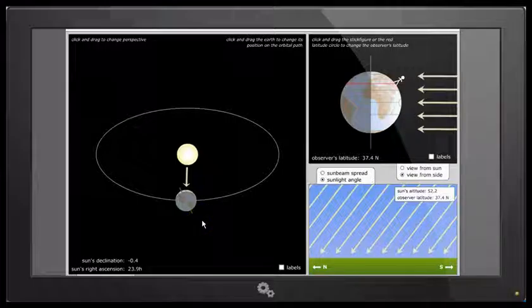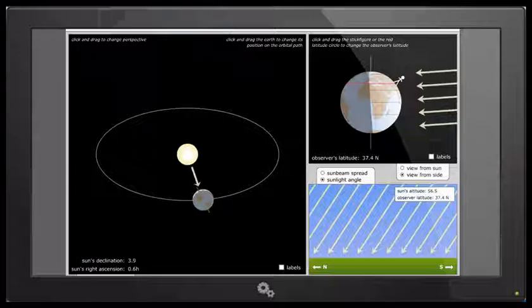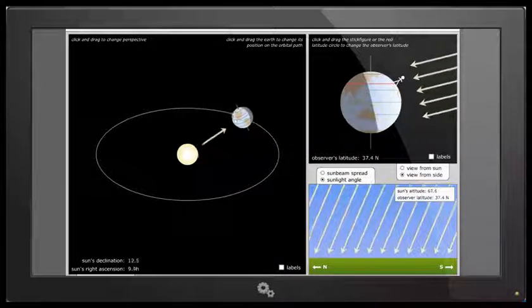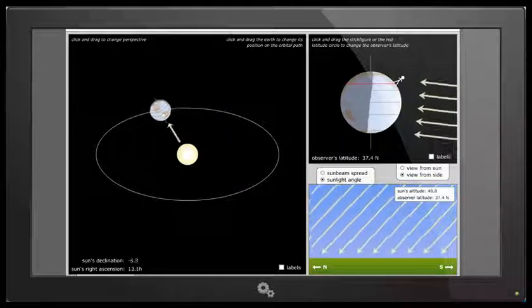Now the Earth is tilted on its axis at an angle of 23.5 degrees. On the equinox the tilt of the Earth is the same, and so the days and nights are equal. This is where we get the term equinox from. You can see that when I move the position of the Earth around the Sun throughout the year, you can see the months at the bottom of the screen. The tilt